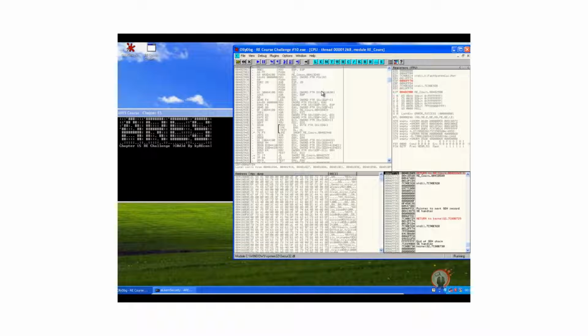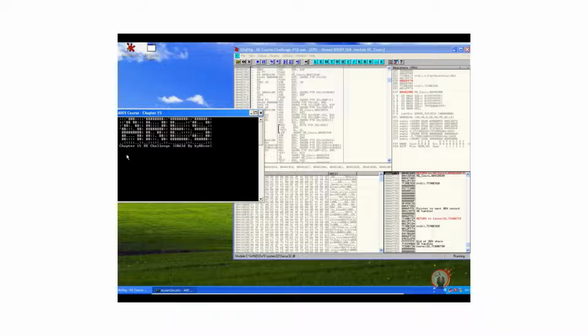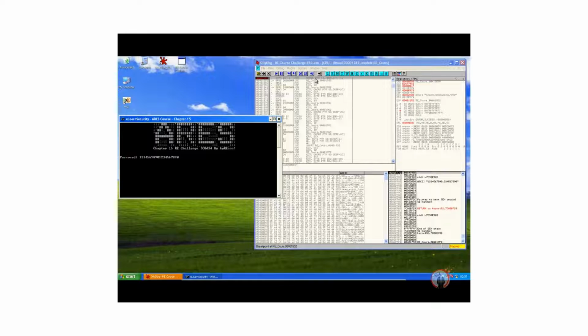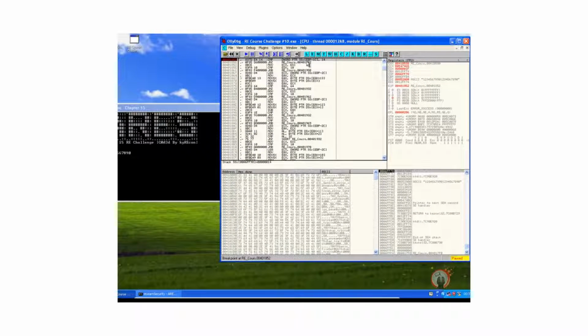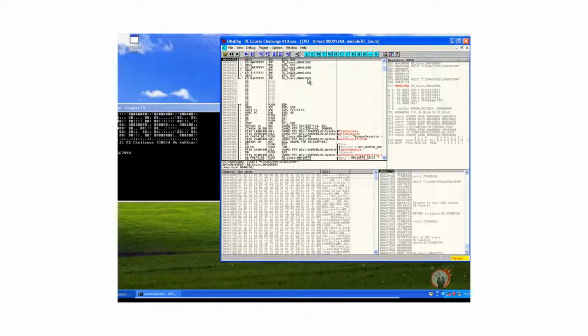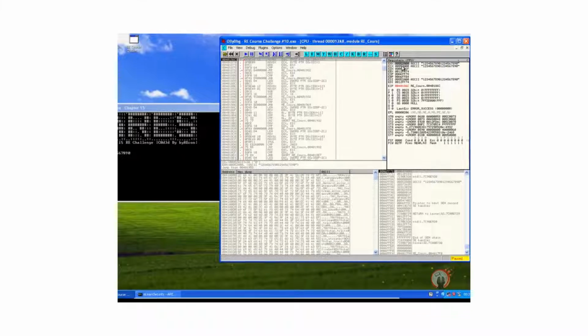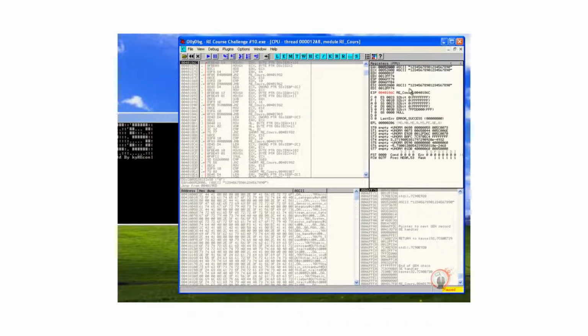Okay, so let's now proceed by entering a code that is going to be this time 20 characters long. Press enter. We stop here. Now the length is valid, so we can continue executing, and let's see now what happens. We see that we have 3 registers here pointing to the code we entered in memory. So following dump,